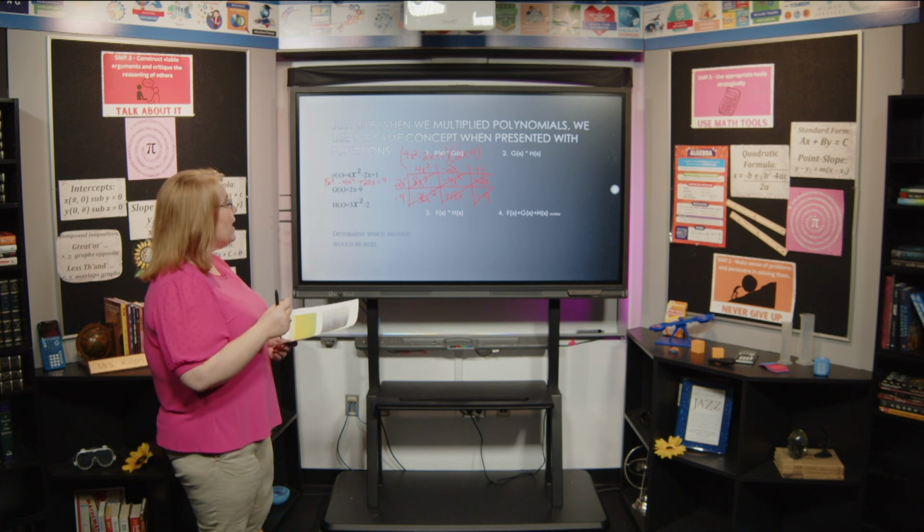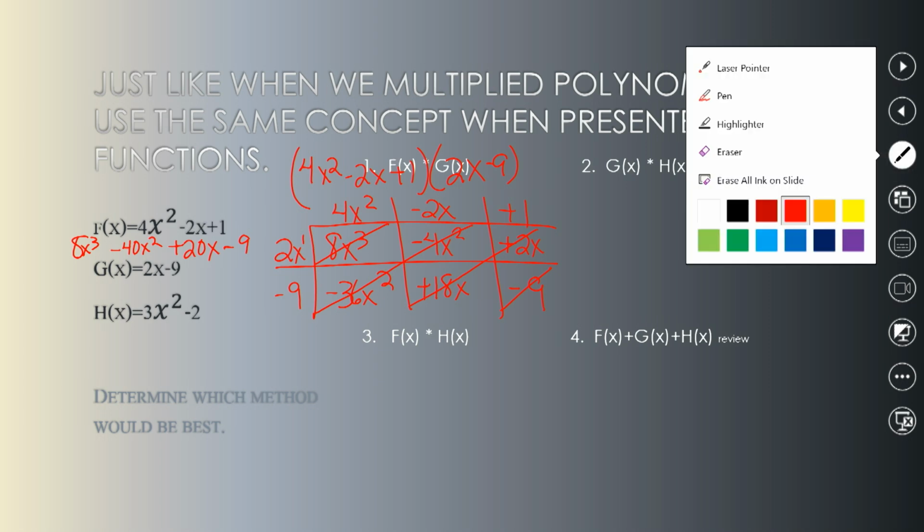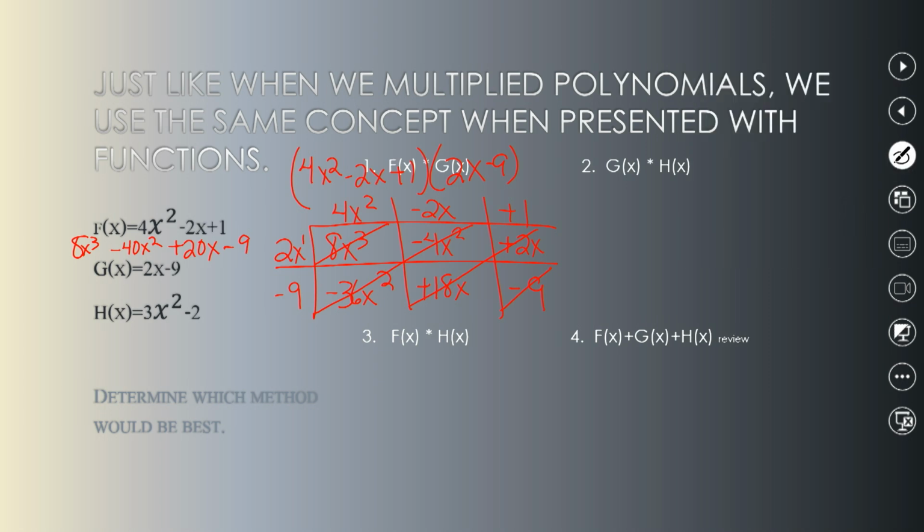So now I'm looking at number 2. I'm going to take g of x and I'm going to multiply it to h of x. So let me go ahead and write that up here so I can see what it looks like. So g of x is 2x minus 9